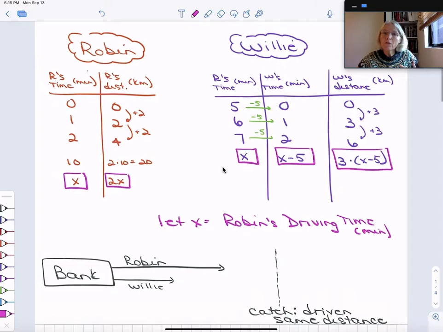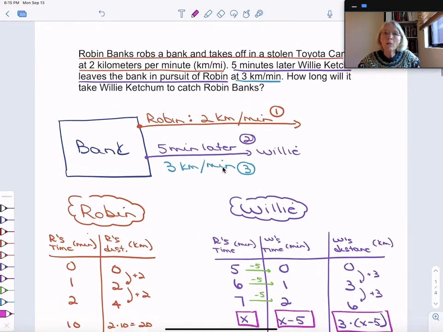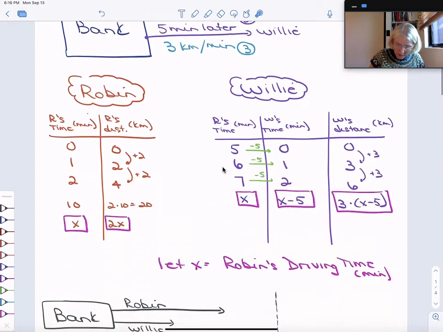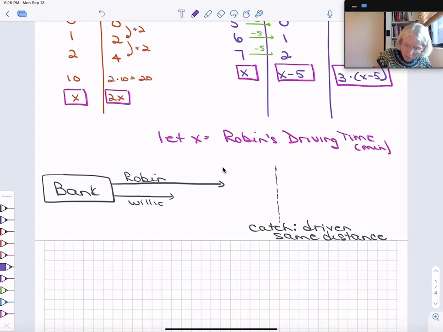All right, so I think we have a good feel for describing the different patterns in this problem using variable expressions. But our last step now is, how long will it take Willie Ketchum to catch Robin Banks? I know he's going to catch him because even though Robin gets a head start, Willie is driving faster, so he's going to eventually catch up. Here's Robin driving. Here's Willie driving. He's going a little faster, and eventually